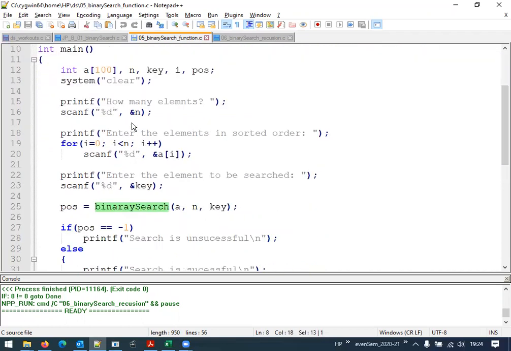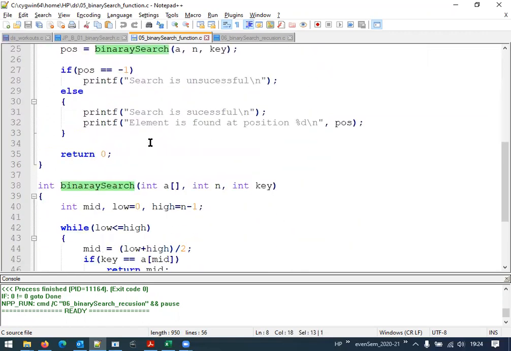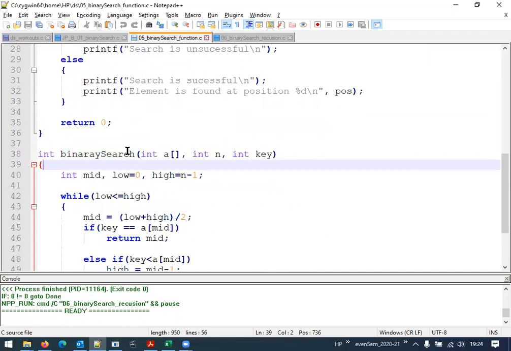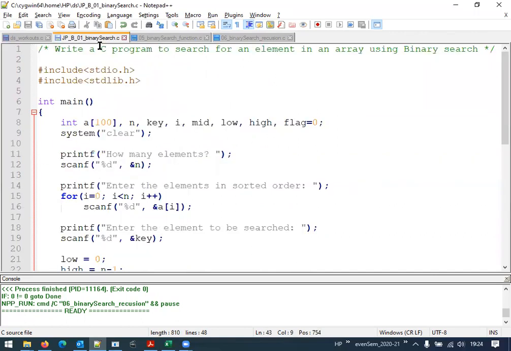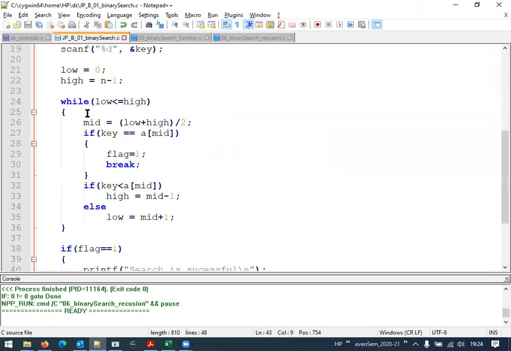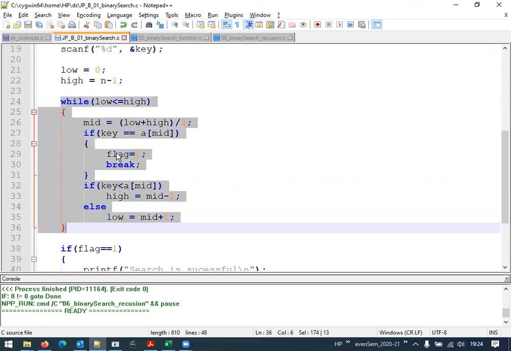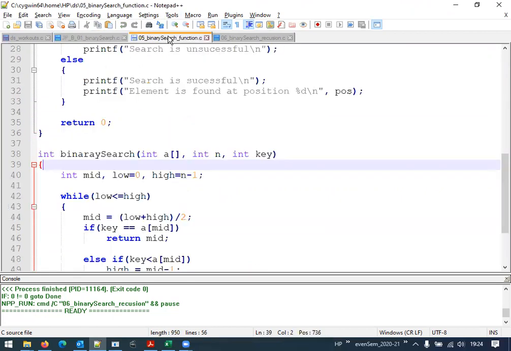The concept goes exactly the same way as what we have studied here, but the difference is that whatever lines we have written in the program which we have studied so far, these lines are taken into a user-defined function. This is the other program, with the user-defined function.